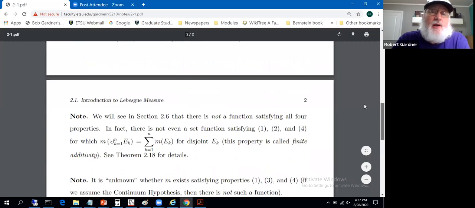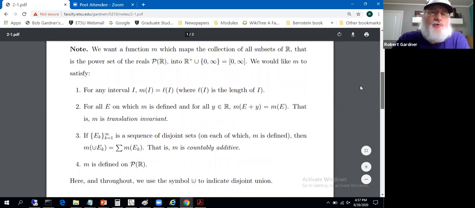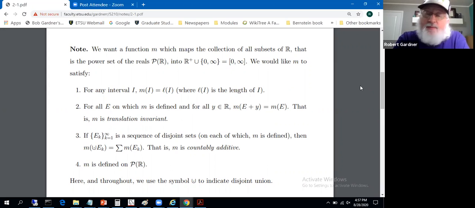The big punchline is, I want a measure that satisfies these 4 properties. So this will be the motivation of how we define Lebesgue measure. So we'll set up a definition, we'll establish some of these properties, and this one's going to have to go. It's impossible, as we'll show, to find a measure that satisfies all 4 of these. Okay, so Lebesgue measure will satisfy the first 3. Those are necessary mechanical things, but it won't satisfy the last one. There will be sets which are not Lebesgue measurable. And they'll be very exotic sets.